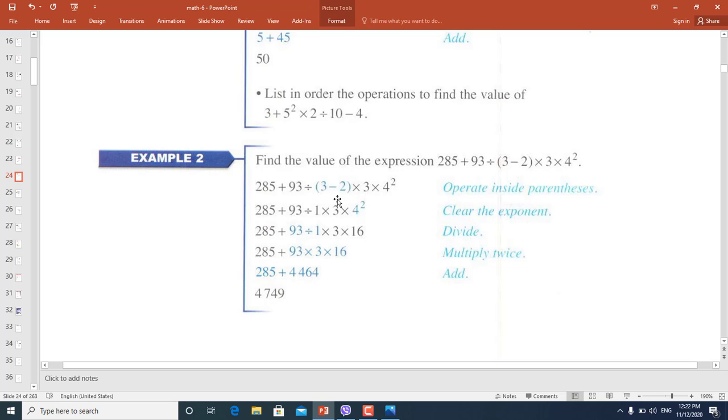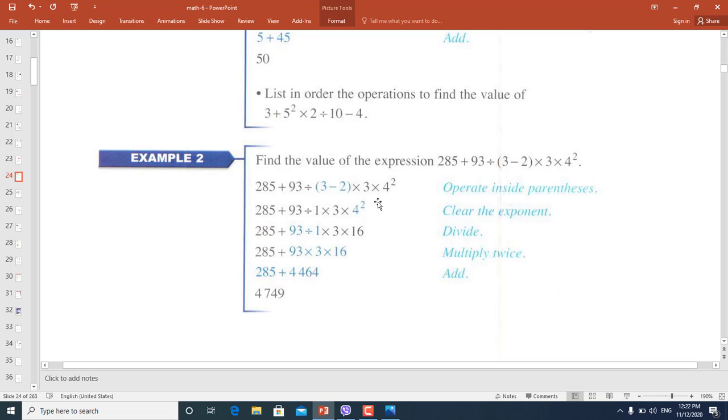We solve first the operation inside the parentheses. Any number, any sign we have, we write again. We don't change anything of them. 285 write again plus 93 divided by 3 minus 2, solve inside the parentheses, it's 1, and times 3 times 4